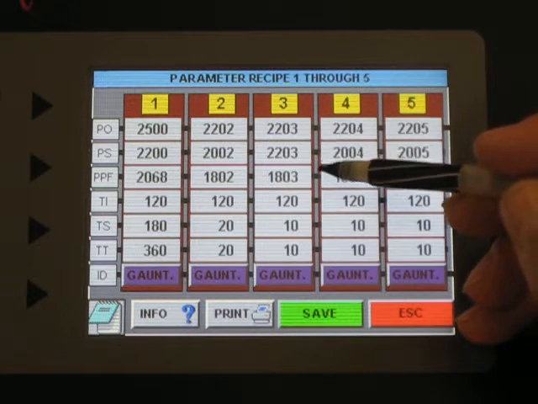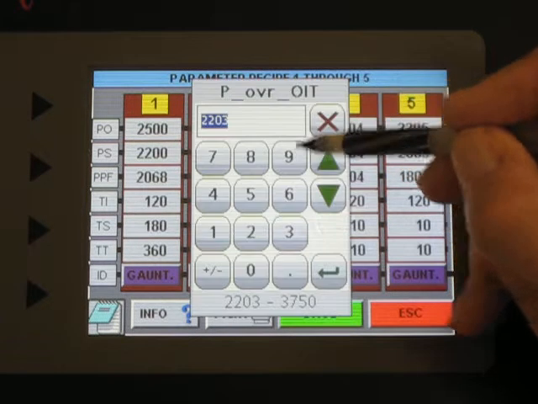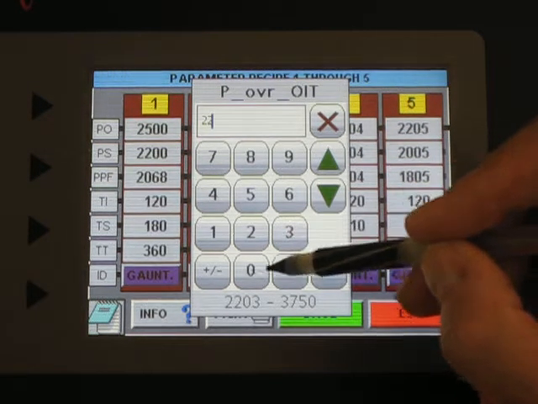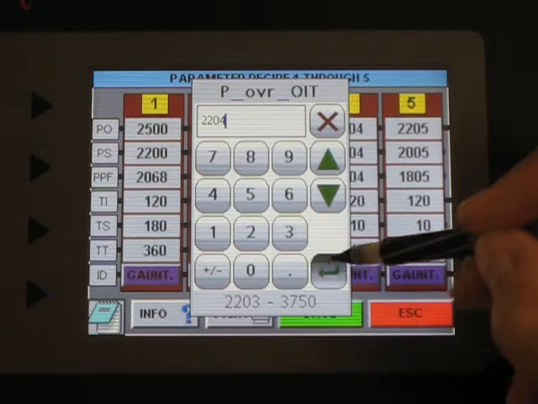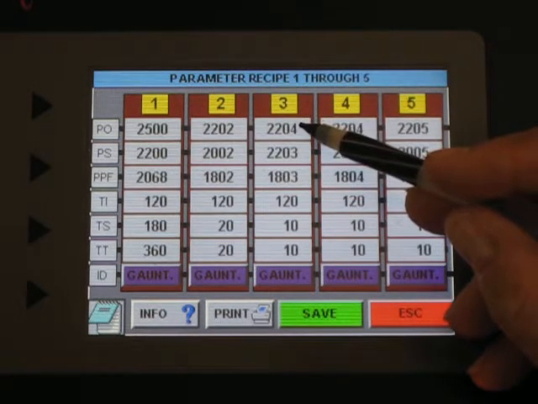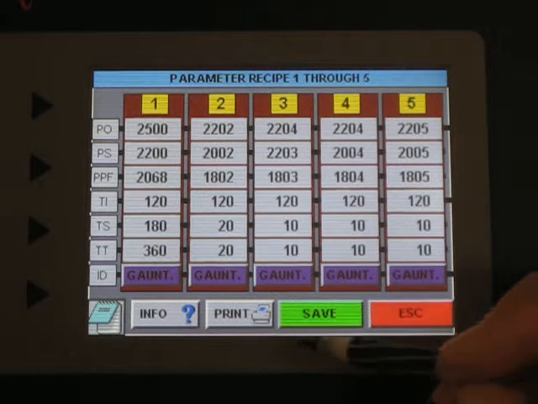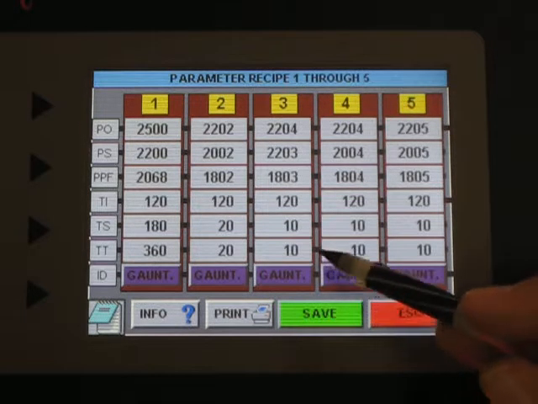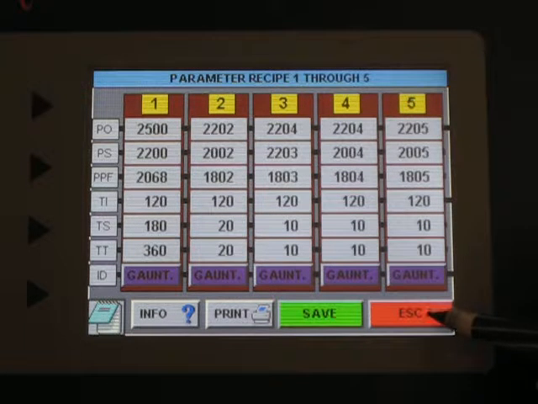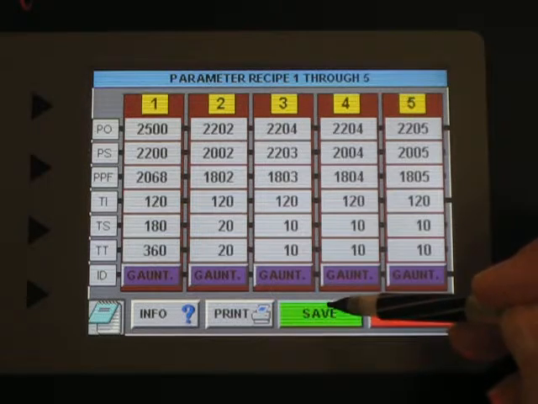I can change this value, let's say, to 204 if I want to. And as you can see, I've changed it. Now, I have not saved it, but I have changed it. So if I escape, naturally, that value is not going to get saved. But if I save it, and I will,